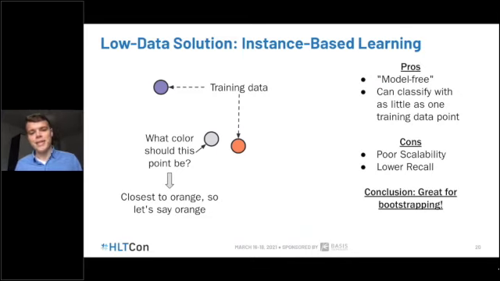But on the downside, you're iterating through all of your training data every time, which means that as your training data set grows, this starts to scale really poorly. Additionally, when you're dealing with these high dimensional problems like event extraction, in order to really exhaustively enumerate everything in order to prevent recall issues, you need to have an extremely large amount of training data for something like this. However, this is good for bootstrapping, and as we'll see in a moment, we have successfully applied this